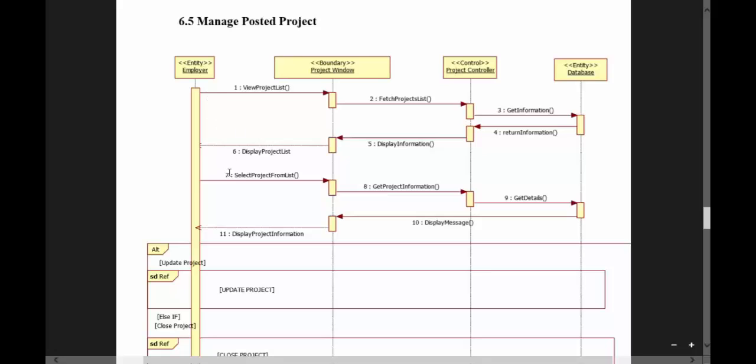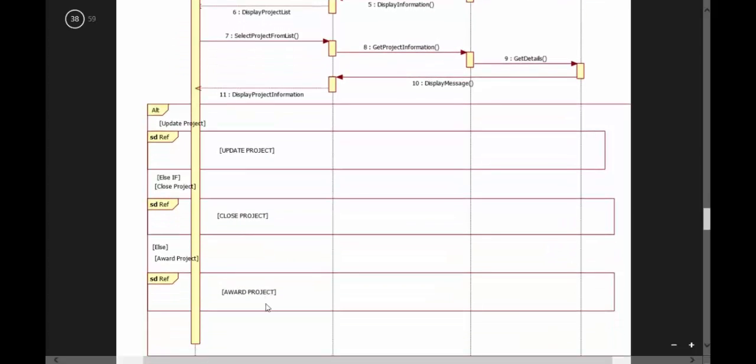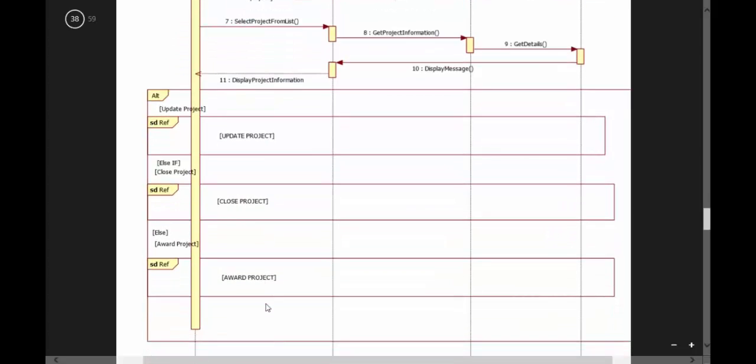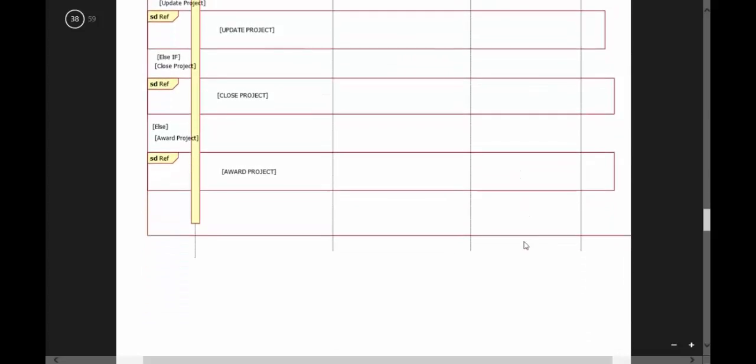The employer will select the project from the list and will request the window to get the project information, and the controller will in turn get the details from the database and will display the information to the employer. Now the employer can update the project, or close the project, or abort the project. All these three sequence diagrams are shown in the subsequent sections.